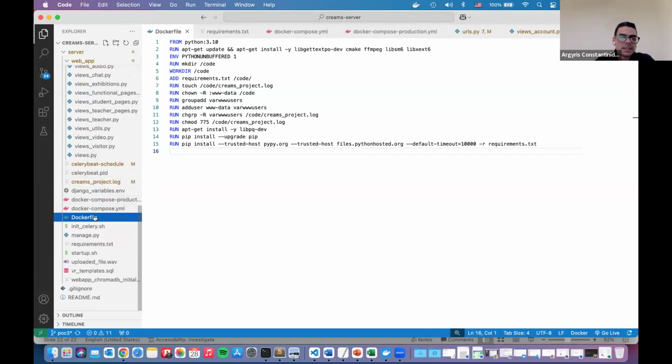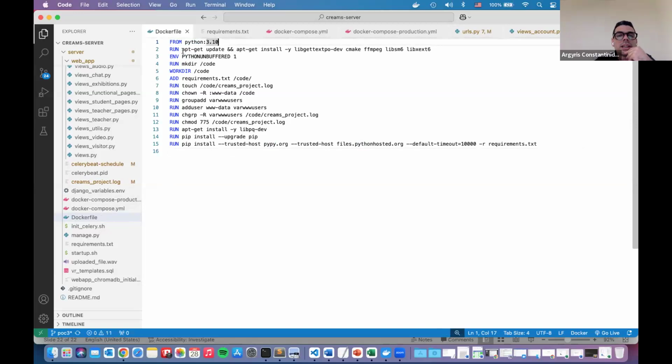Before we get there, since the entire code had to be part of a Docker setup, we had to create some configuration files. One file is the Dockerfile, in which we specify the base image from which we will inherit. In that case, it was Python version 3.10.